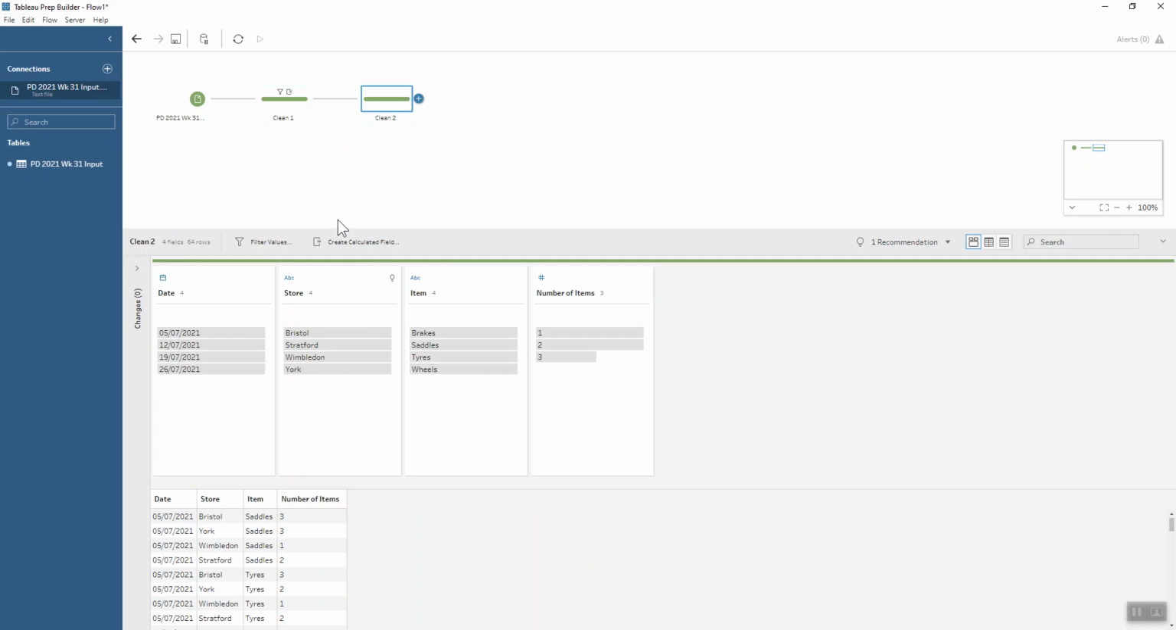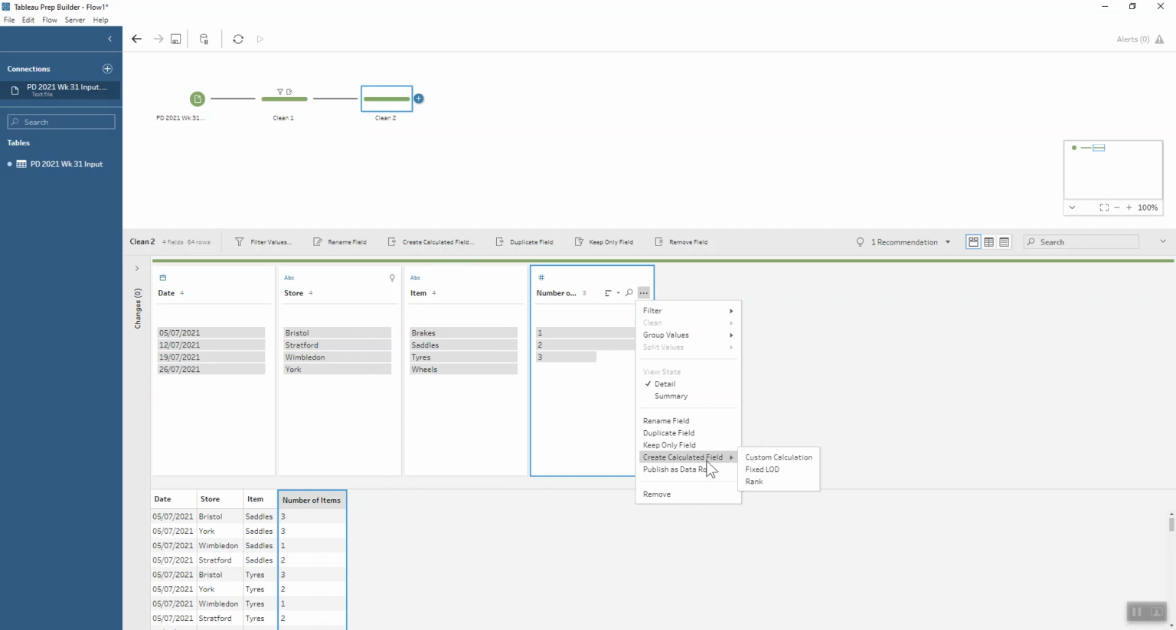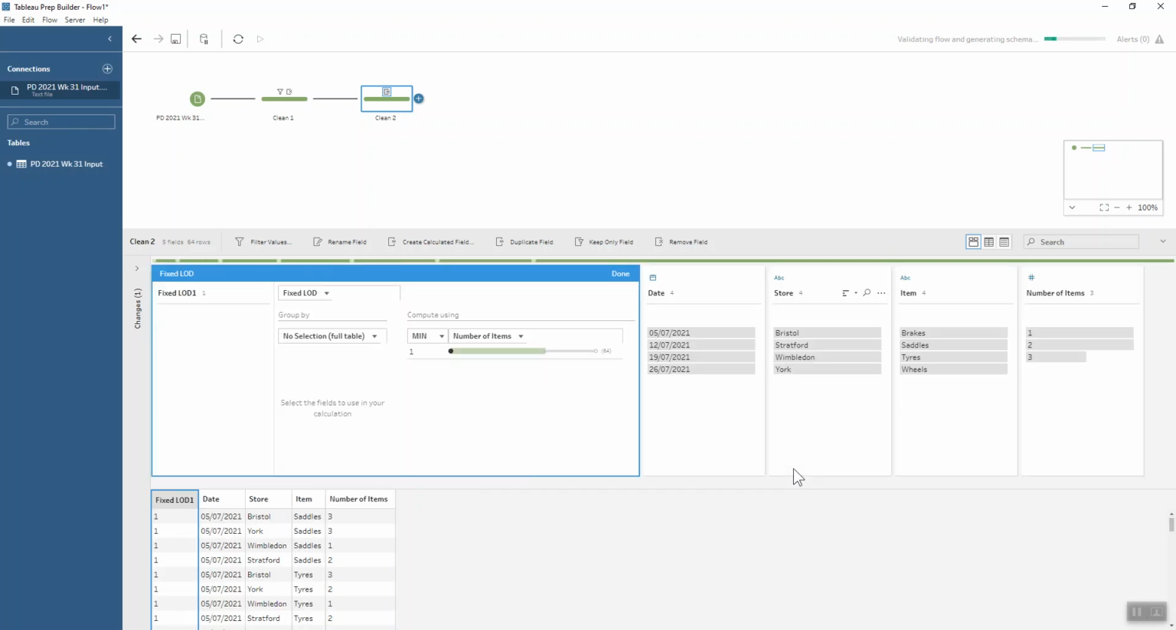What we want to do is sum up all of these items by store. So we don't care about what the specific items actually are, nor what date they were sold on. We just want to know for each store how many items they have sold. So we're going to use a fixed LOD for that. If I come to my number of items field and go down to the create calculated field and then the fixed LOD option, then that'll pop out a nice